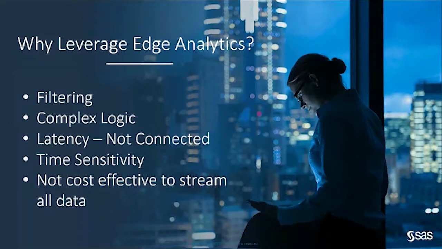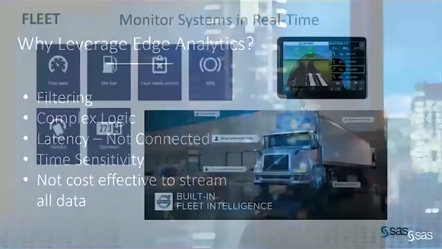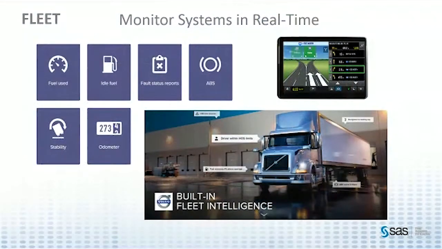So how do we do this? I'll be going over a slide example. One way that we go is we're going to be monitoring fleets in real time. So we can take a look at things like the onboard diagnostic data, looking at things like fuel used, various faults that would come off these onboard diagnostic ports. What's going on with the vehicle? Is there ABS? Is there some stability? Odometer information.